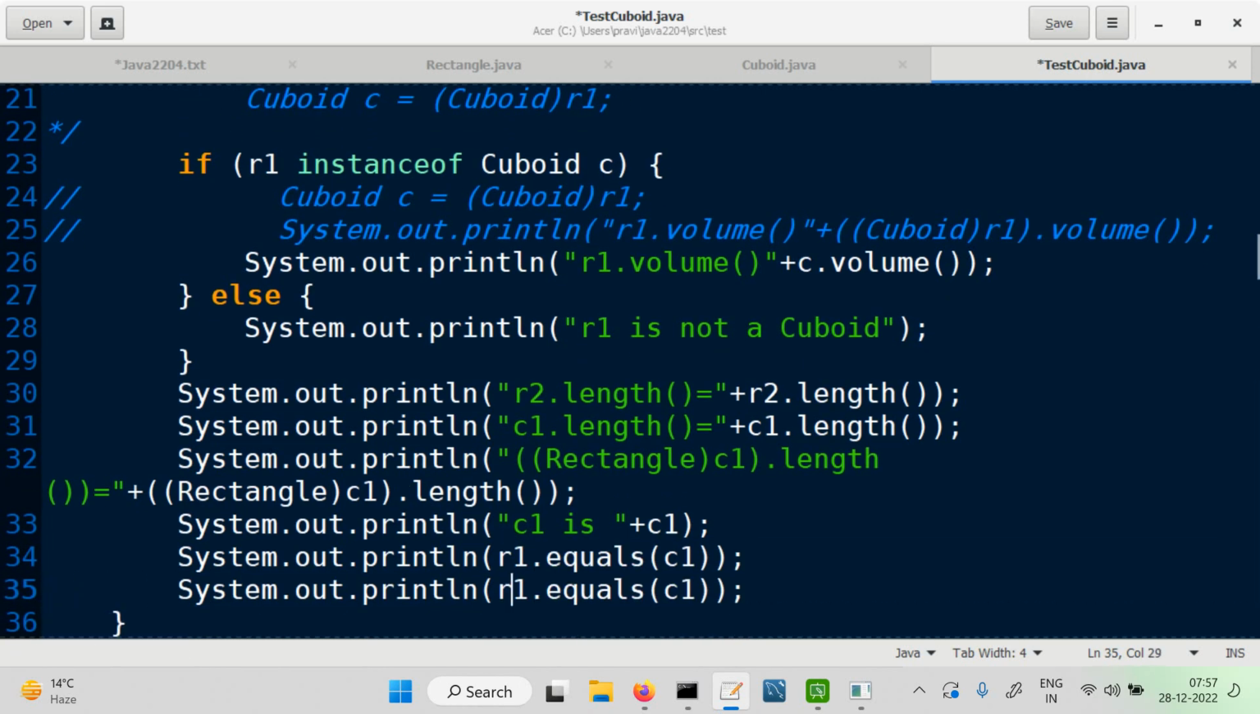And let's test out something like this: C1 equals R1. So what do you think? It's like testing the symmetry now. R1 is of type rectangle. C1 is of type cuboid. So R1 equals C1, what do you think? True or false? That should be